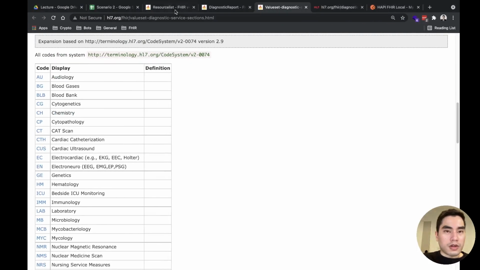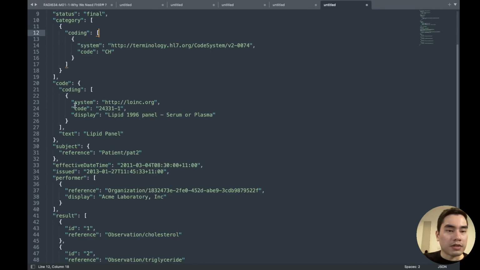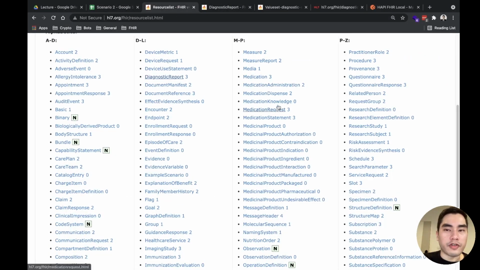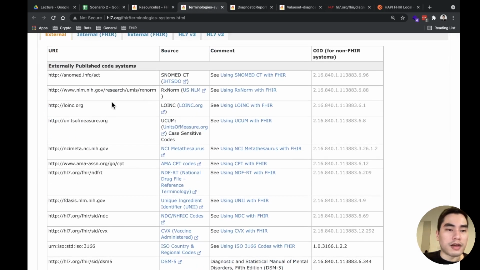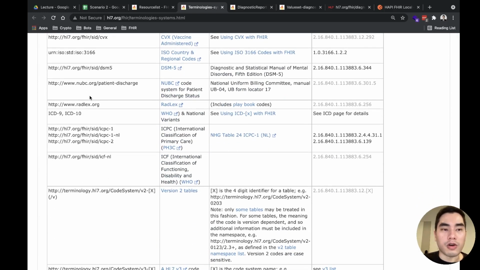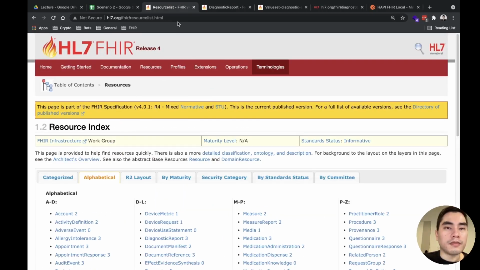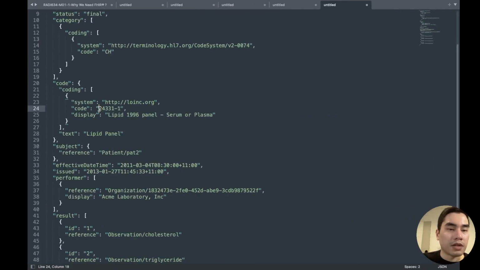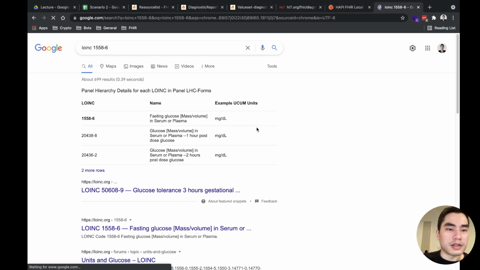Okay, and the code of the fasting blood that they gave us is LOINC code. This one. The coding system is already LOINC. If you see something like this, it's because for the famous terminology, the system will already be defined for us. FHIR will already define it for us, so we don't need to define our own system. So LOINC is like this, but the code is here, and we don't know what the display is.